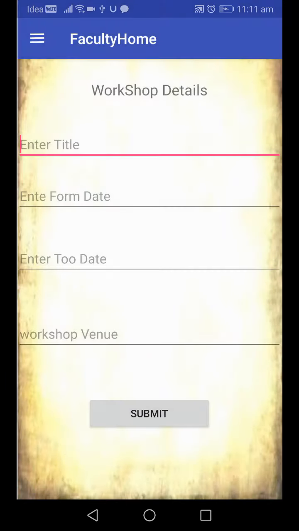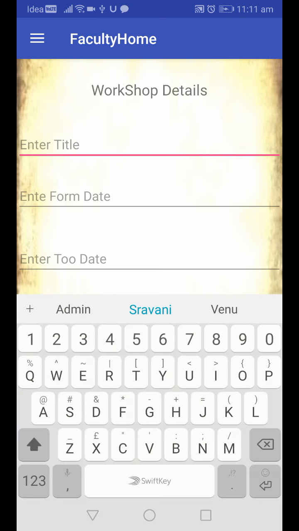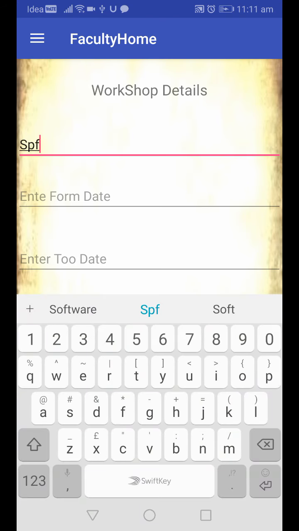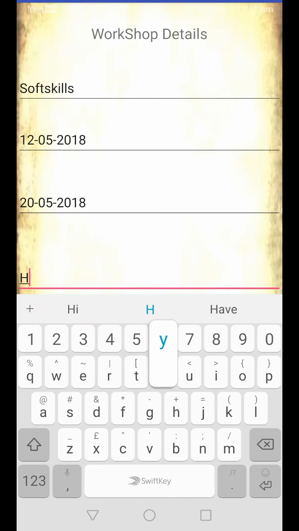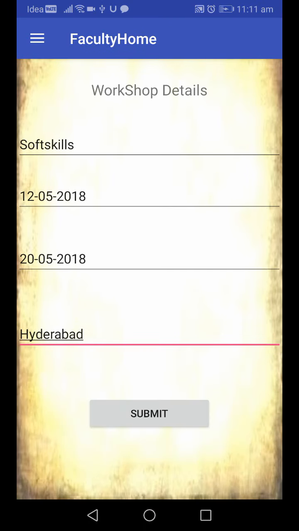If I want to add workshop details, in case I attended or conducted any workshop, I add all those details here. Like soft skills, from date 20-05-2018, workshop venue Hyderabad, submit.